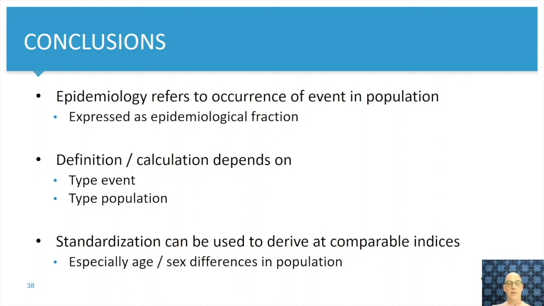Mortality is a very special incidence and often requires standardization so that we are able to compare different groups. And the reason for that is that mortality is highly associated with the age structure of the population, which is most likely not identical when you compare populations. Only by standardization can you compare mortality between